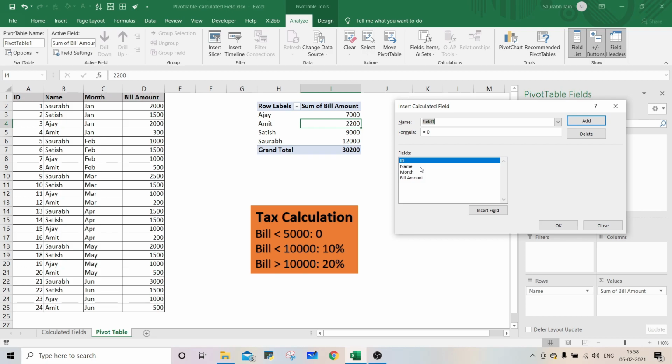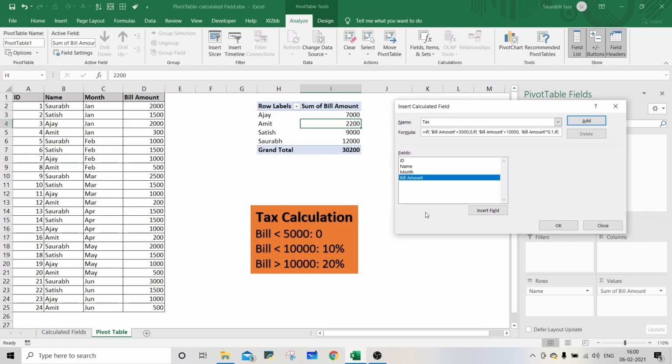In the name field, add the field name tax, and in the formula field, type an if statement. If, open bracket, the first condition is if bill amount is less than 5,000, tax value will be 0, comma. The second condition is if bill amount is less than 10,000, the tax amount will be 10% of bill amount.